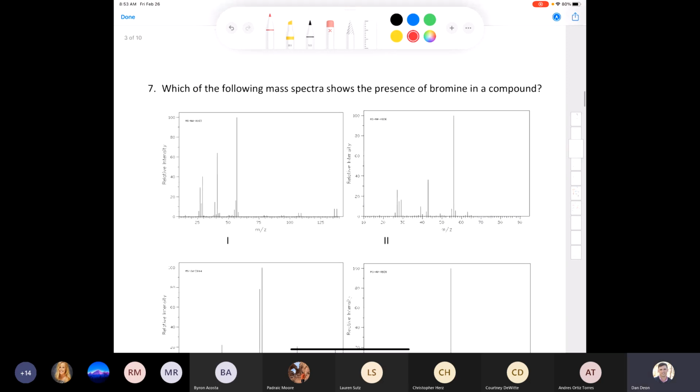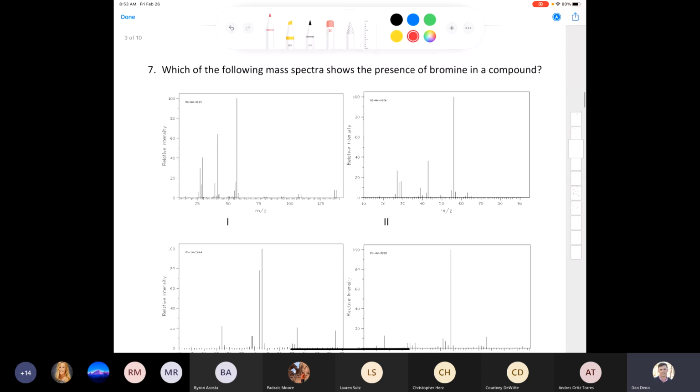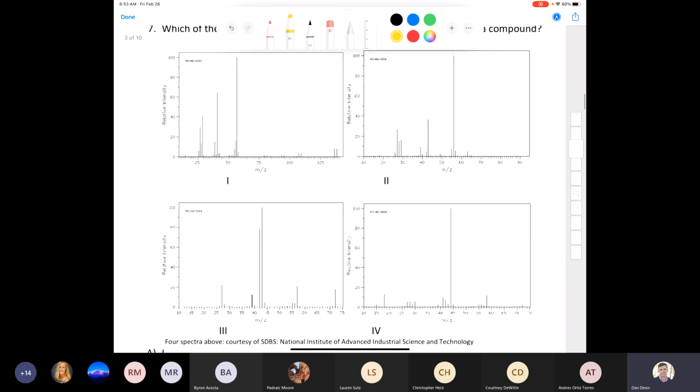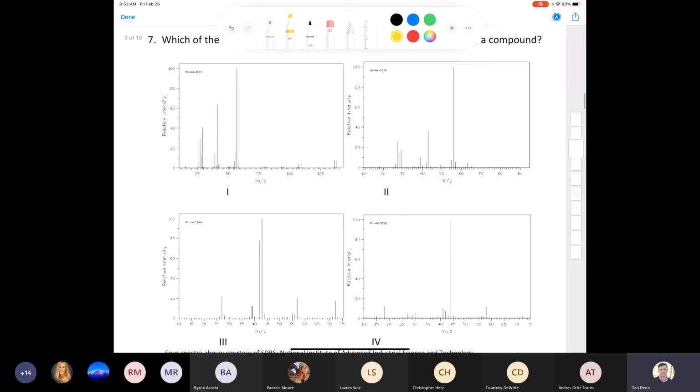You guys are killing it this morning. Going really well. Next one, just tell me which one of these spectra has bromine in it. Out of these 4, who can tell me which one has bromine? And hopefully, if you have this printed out, it might be hard to see these mass spectra if you're looking at a little computer screen. But if you print it out, or if you have a PDF of your own on an iPad or a tablet,